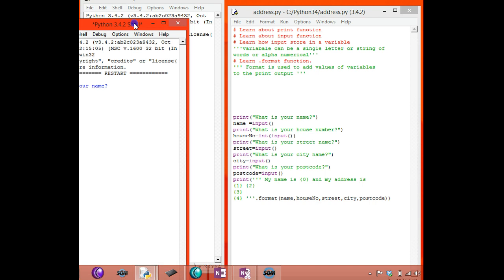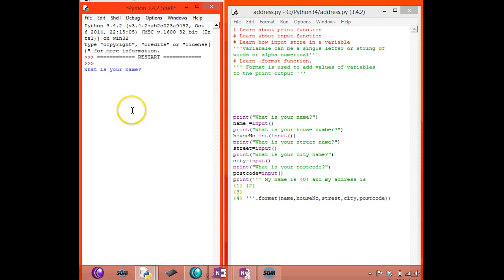Move this one here. Okay, it is asking what is your name. I put my name is Rosie. What is your house number? I put 111. What is your street name? Street name is, I'll put Big Street.